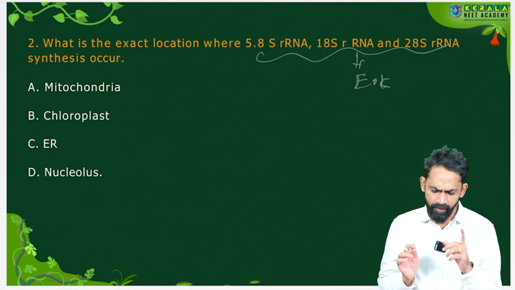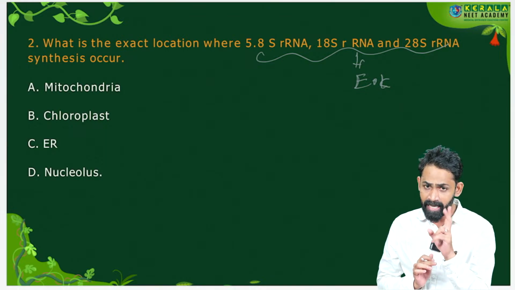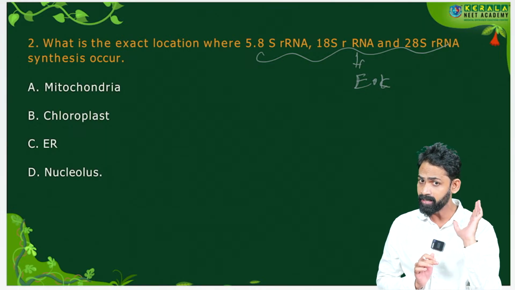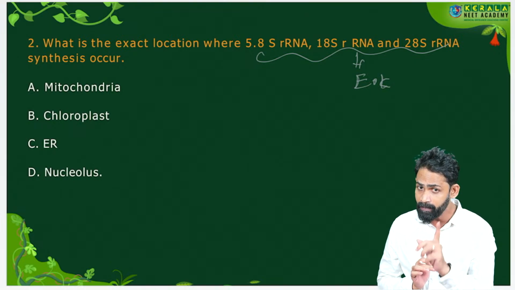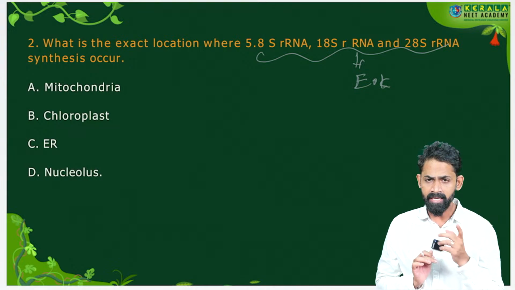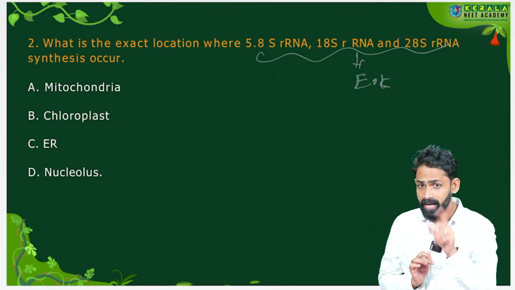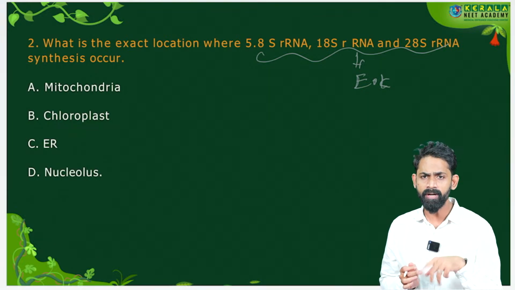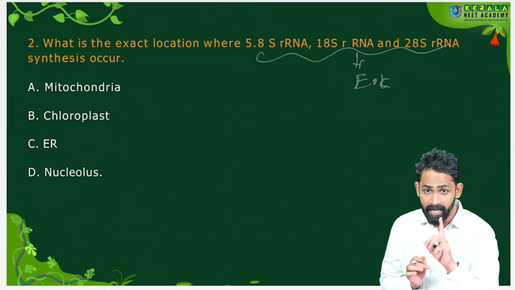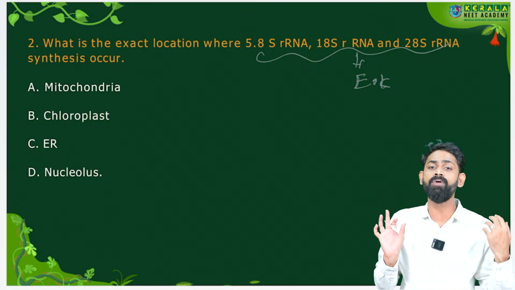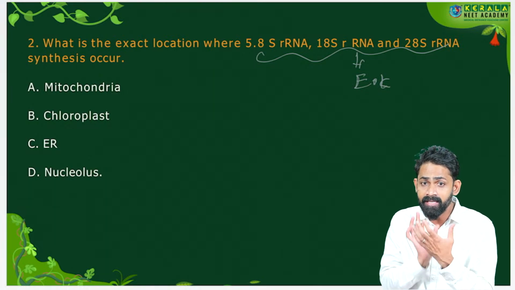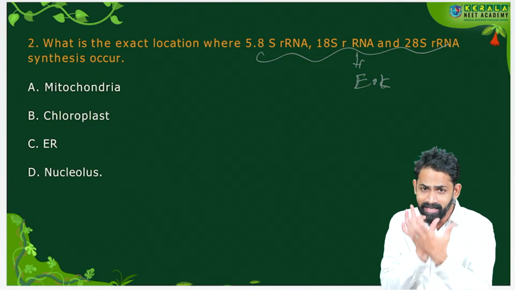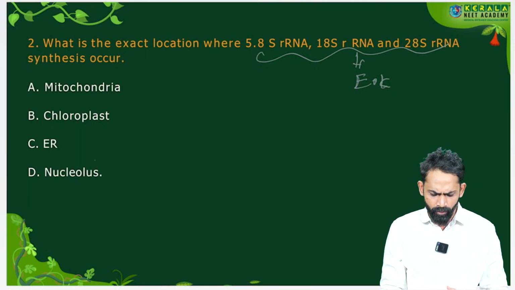One thing, when you are seeing the 5.8S rRNA, ribosomal RNA, 18S rRNA, ribosomal RNA, and 28S rRNA. In shortcut, if you want to ask where this rRNA synthesis takes place exactly, immediately you can go for the answer